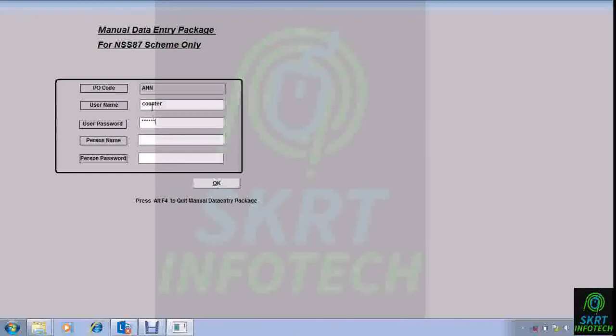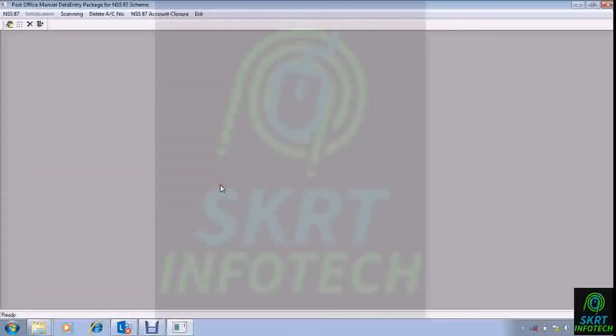Password is the person name, which person is working. Now see, initialization is disabled because you don't have to initialize. Scanning, delete account number, account closure, everything is enabled. This is also enabled, so you can do this operation also.